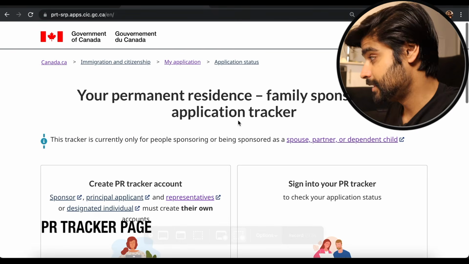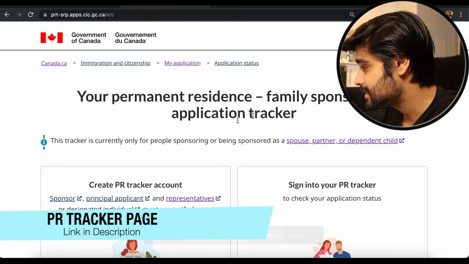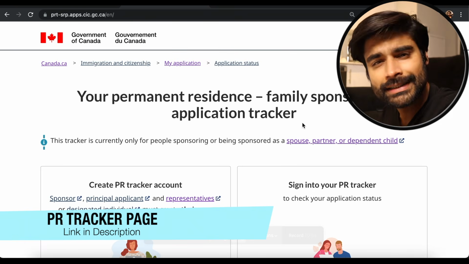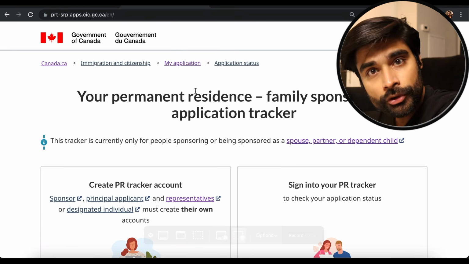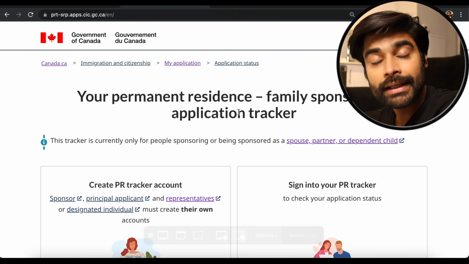Alright, so now that you've submitted the application, let's actually talk about tracking the status of the application. So this is where you track the status of your application. It's the Family Sponsorship Application Tracker. It's a new tracker where you can create your account, link it to your application, and then track the status